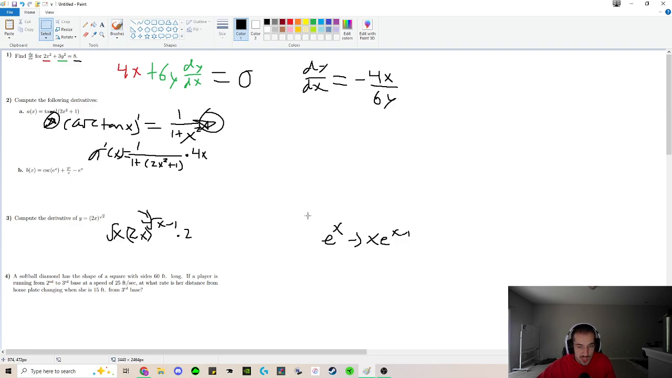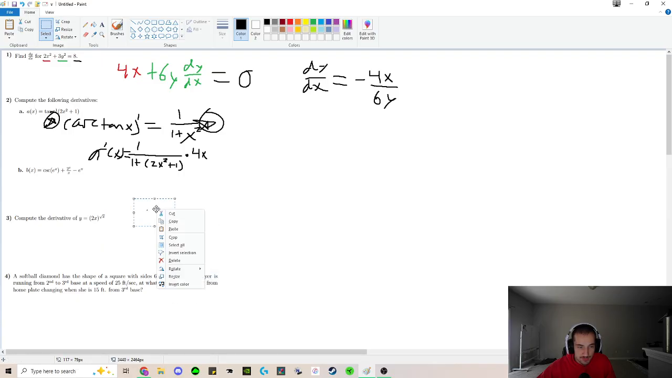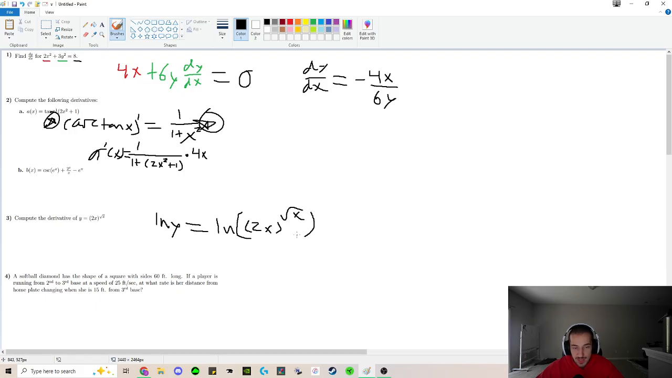What we have to do instead is, if you ever see the x in the exponent, we need to do our logarithm substitution, right? So what we do here is we take an ln of both sides. So we're going to say that ln y equals ln of 2x to the root x, right? And now you can go ahead and